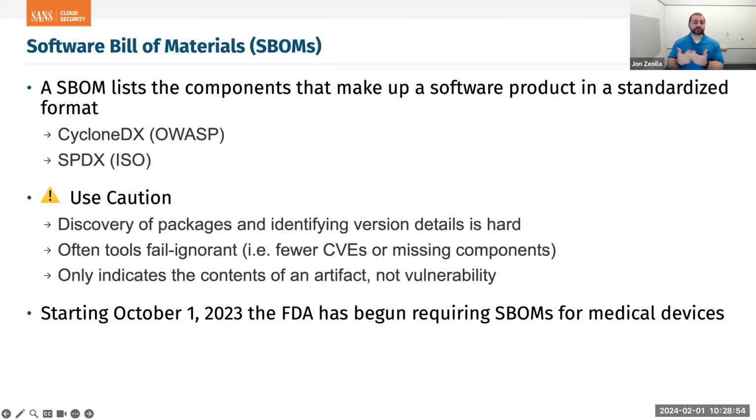Is this a compiled artifact, or is it like a Java jar file, which is again another zip? Sometimes these things have metadata. Sometimes that metadata is incomplete. So identifying even what the package is, and then especially the version, reliably finding the version of the package can be very hard, especially when you have redistributors of software that will add patches and they maybe just don't change the version, or they make custom changes to the version that are hard to categorize. It's not actually from package A. They don't have a version 1.2.3-alpha or whatever.